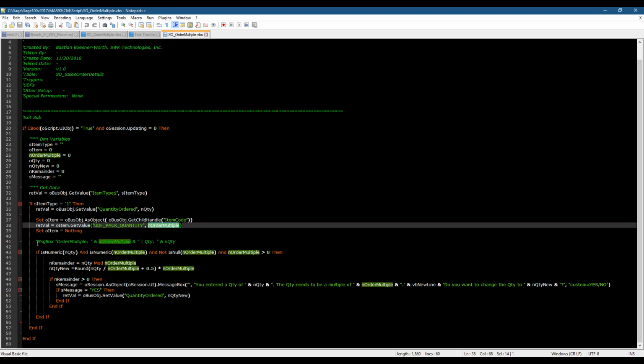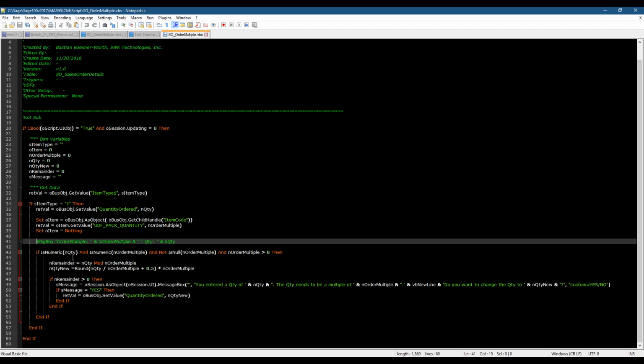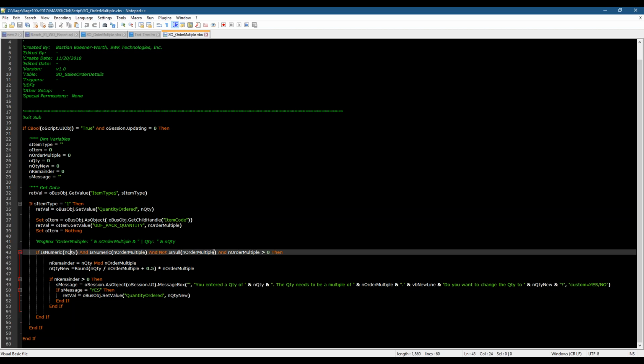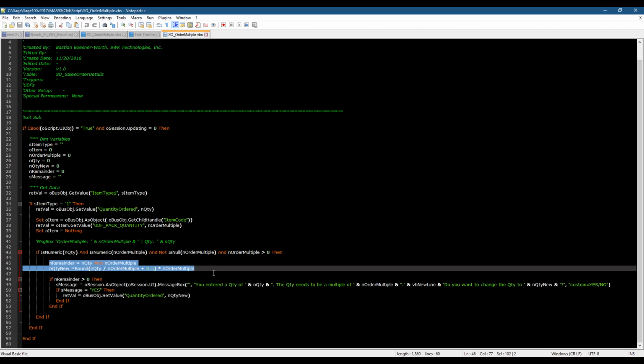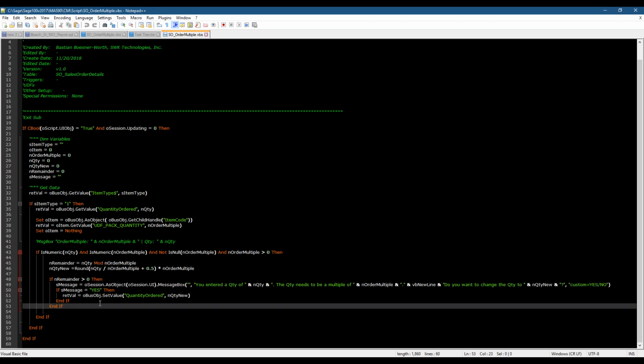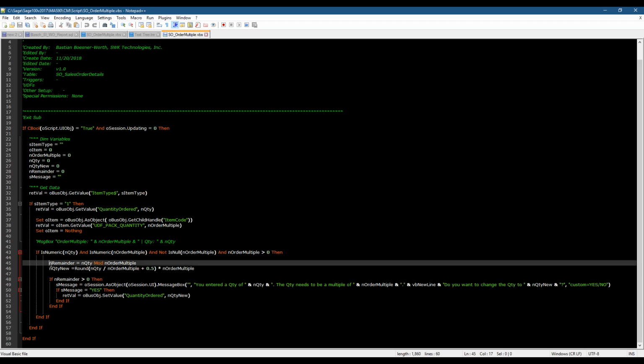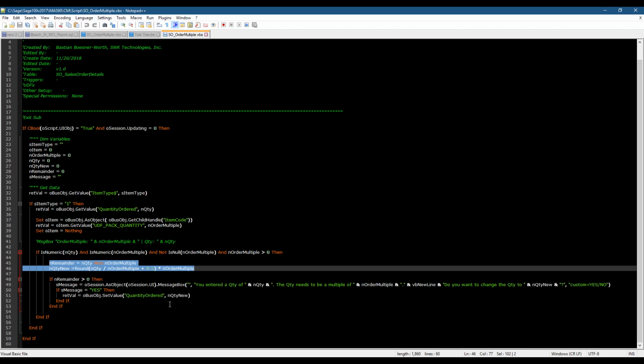So the next part down here, and here's something from my debugging still in there. Now I'm down here, and I just check if things are numeric, and if they are numeric, whether they have a value, and that the order multiple is more than 0. If all that is the case, then I do, and this is just mathematical calculations now, I figure out if I'm good or not, where I should be, right? That's just what this does. It has nothing to do with Sage. I'm trying to say it's just basic